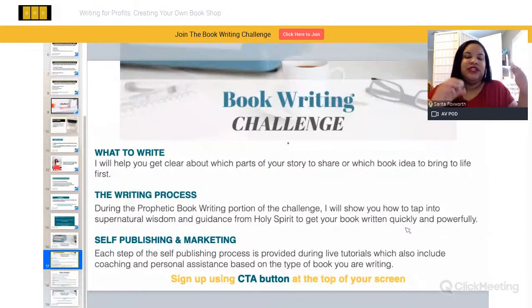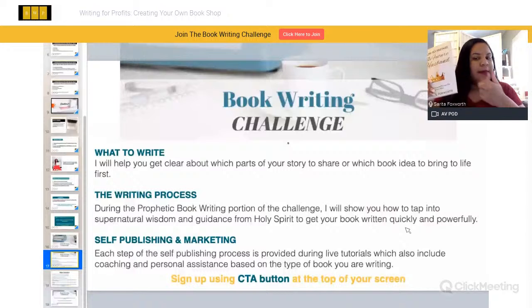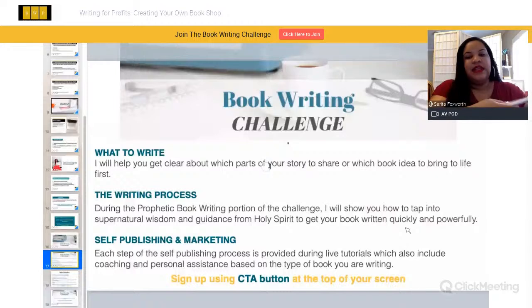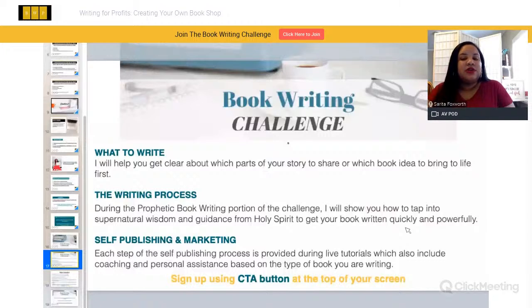How do you get your book from being a Word document to being a book that is literally in your hand that you can hold up to people and say, here is my book, go to the link in my bio and order it? I'm going to do a live tutorial to show you how to do every single part of this, getting the inside design, getting the cover design, all of that. Live tutorials I'm going to walk you through, and it includes coaching and personal assistance based on the type of book that you're writing. So depending on what the different women in their group are working on,